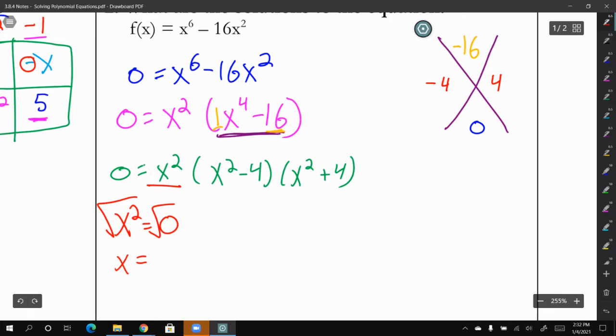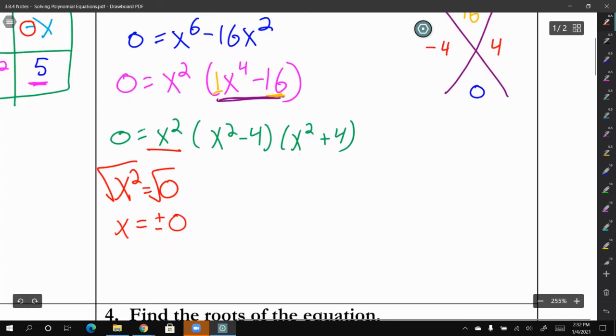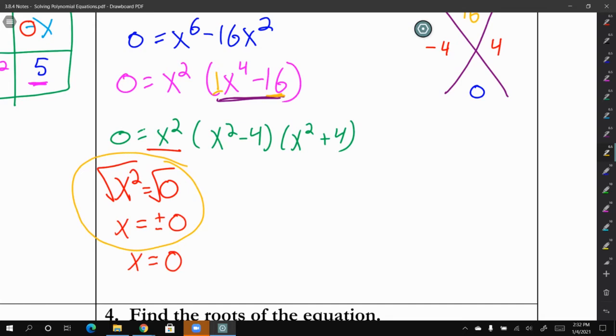and since we are taking the square root to solve this, you need to worry about plus or minus. Well, there's really no such thing as positive 0 and negative 0. So we can just say x equals 0, since it's the same thing. So realistically, you don't need to do this step right here, if you just have a variable out in front, an x squared, an x to the fourth, a 2x to the fourth. That's just going to tell you x equals 0. And we have this part,